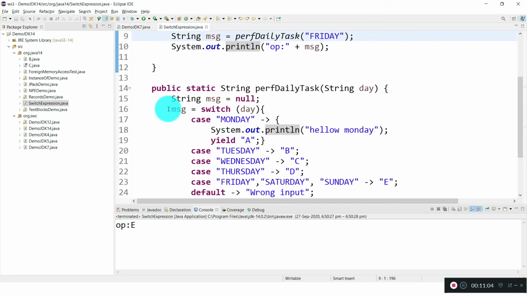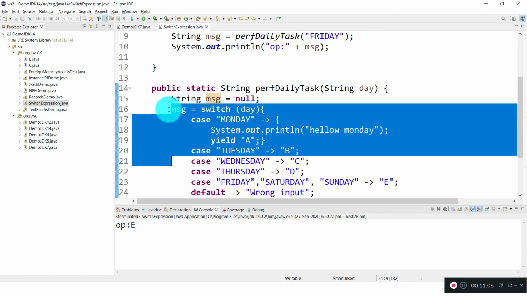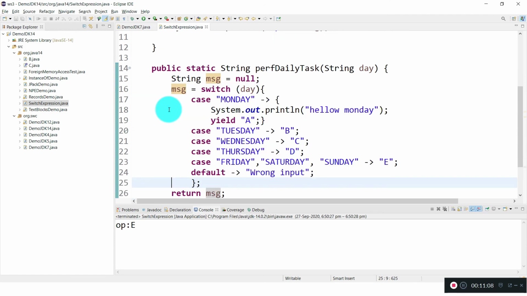We have seen how we write switch expressions. And one more thing to remember is that this is backward compatible. In Java 14 you can write a switch expression, or you can go with the classic switch statement. You can write both; either works fine. Whatever you wish you can write. That's all about this demo.